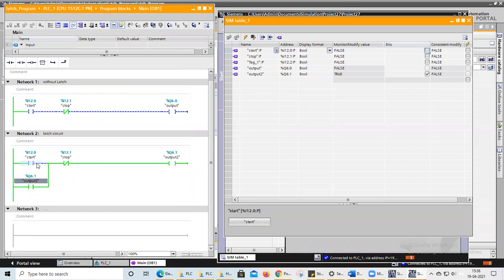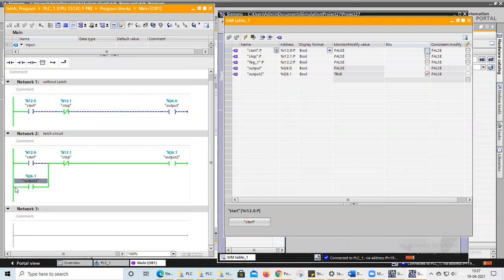So here continuity is not there. The power continuity is not available. In the second circuit, you can see once it is turned on, because it is normally closed, output is reached here. Because of this coil, it is energizing this switch. Here output 2 is energizing this output 2 switch, and the continuity of power supply is taking place in this manner. This is our latch circuit.